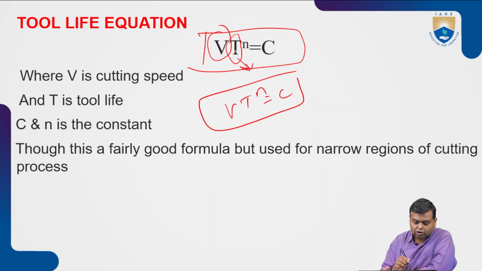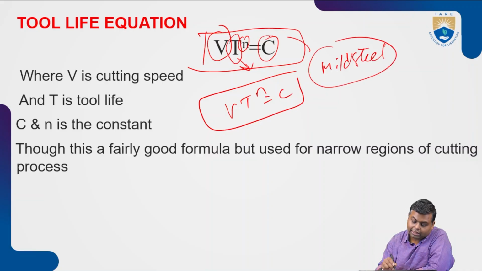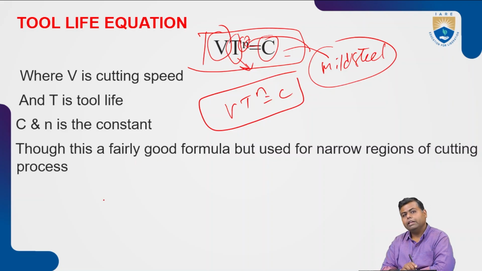Now, n and C are constants. They depend upon the material we are going to use for machining. There are some contributors where the machining process will take place. In that, n and C both are constants, but they differ from material to material. Suppose I use mild steel as the work material, for that material the n value and the C value differ very heavily. Though this is a fairly good formula,